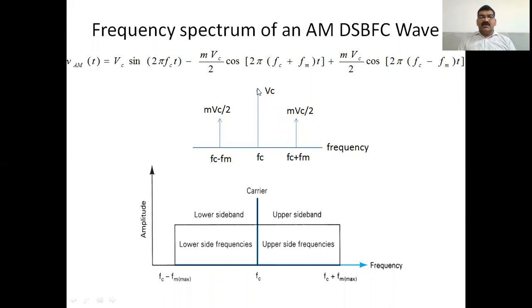You can draw this VC, you can put the value 100. For the first, it is 105. Then it is this frequency spectrum. For this, it is 95. And the second also, you draw it for both. Then 103 and 97. Draw the spectrum. So this is the frequency spectrum.